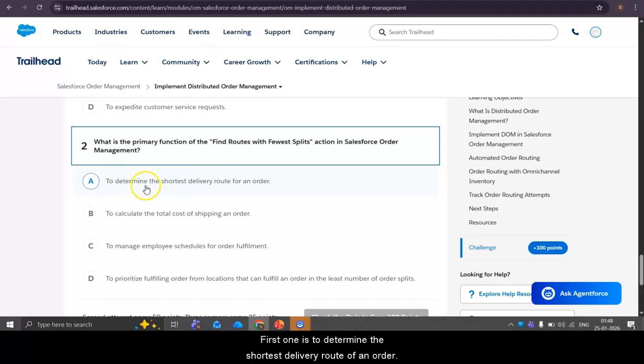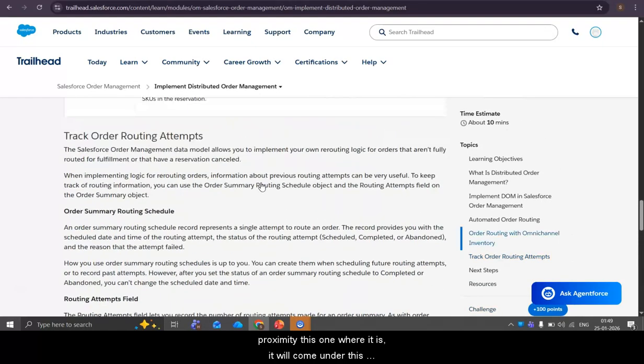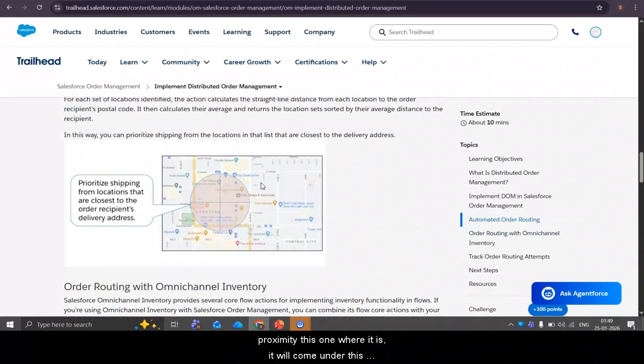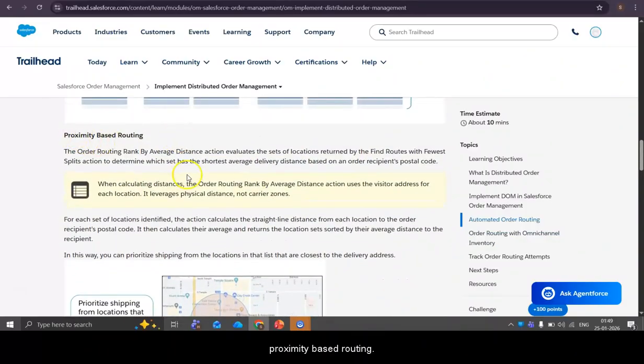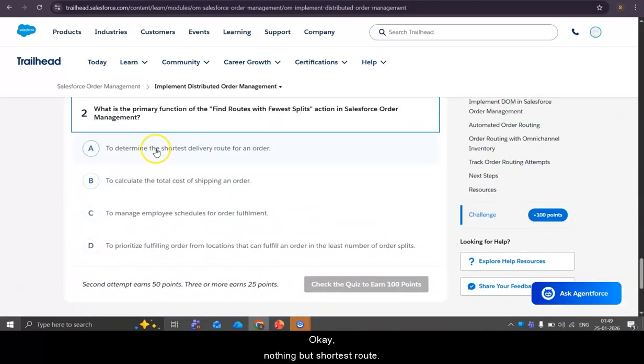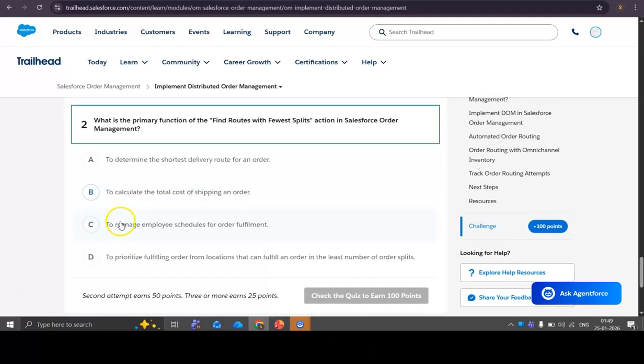First one is to determine the shortest delivery route of an order. No, this will come under proximity-based routing, nothing but the shortest delivery route. To calculate the total cost of shipping on an order. No, this is not the answer. And to manage the employee schedule. No, it is not at all linked with the question.